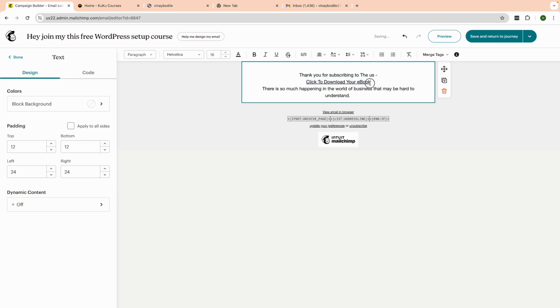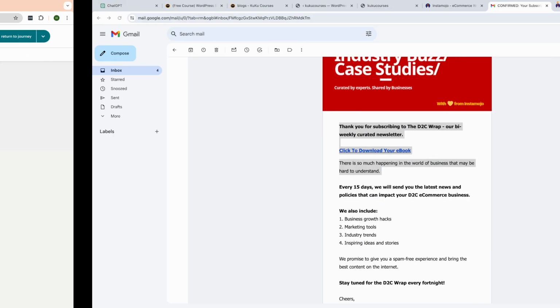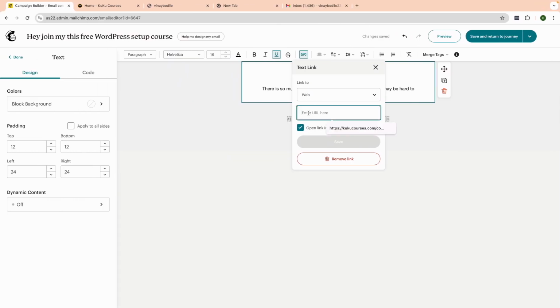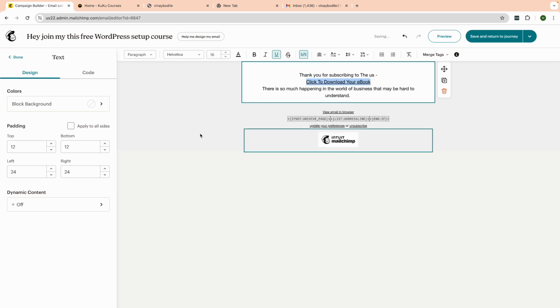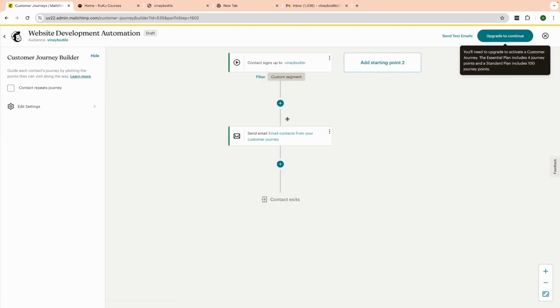And instead of this ebook, you can provide your lead magnet URL, or in my case this is the course. I can copy that, paste it over here, and click on save. After you do this, you can add other things like a divider and so on, but I suggest you keep it very simple. Just click on save and return to the journey, and then you will see